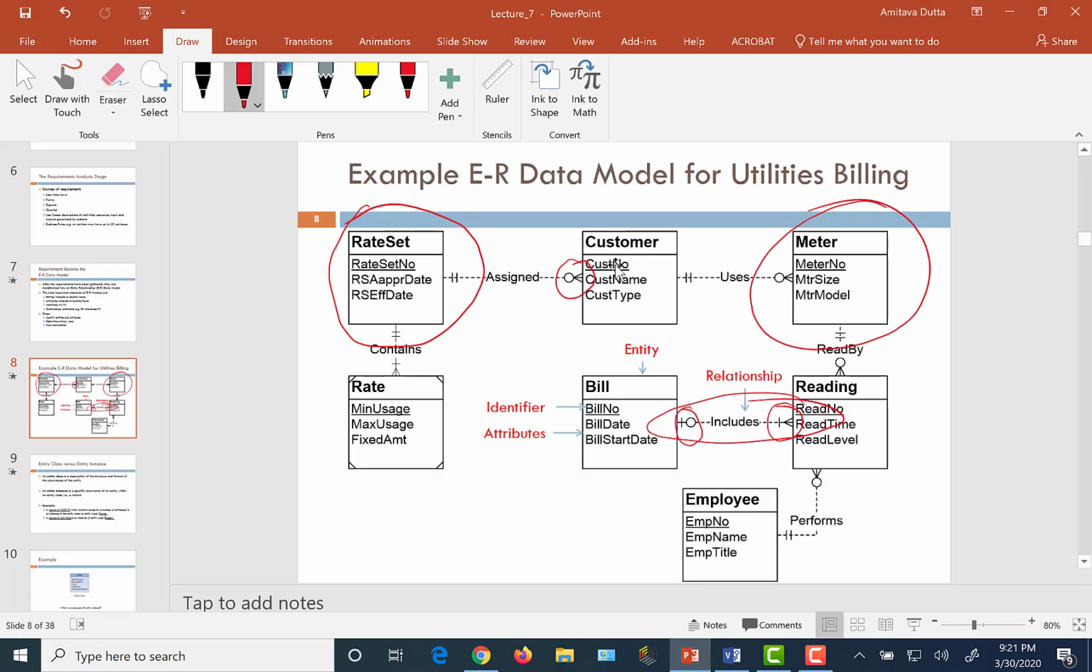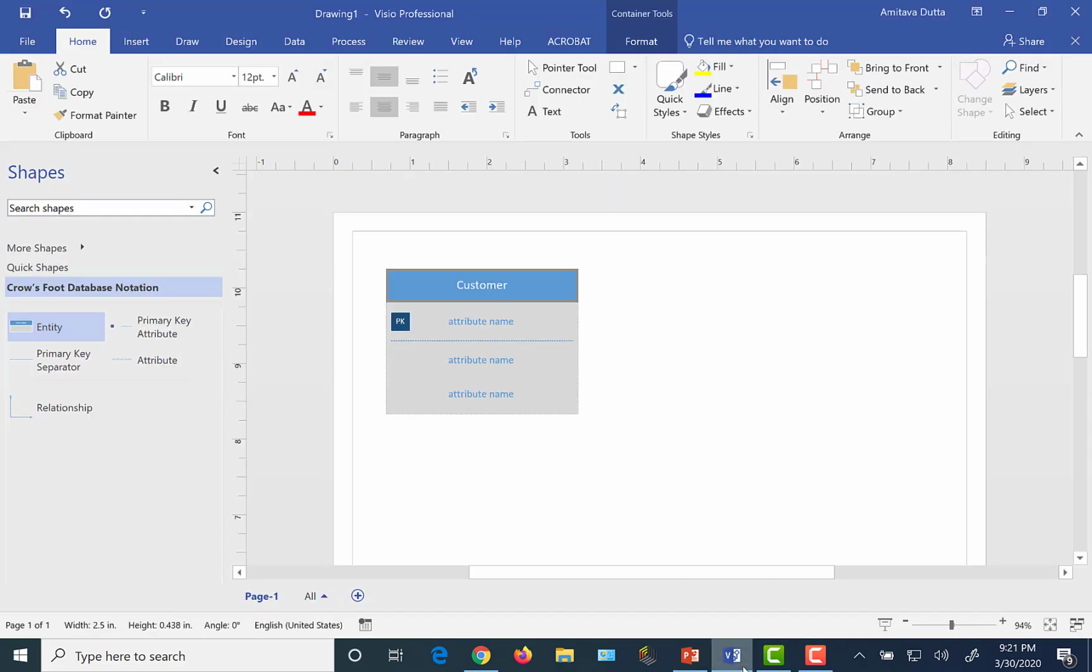Okay, so now I'm going to put in the attributes here. Now notice that one of the attributes is kind of special. That's customer number. That's what we call an identifier, which would later on become your primary key in a relationship. Okay, so you have customer number, customer name, customer type. You see it says PK over here, primary key, which is your identifier for the entity